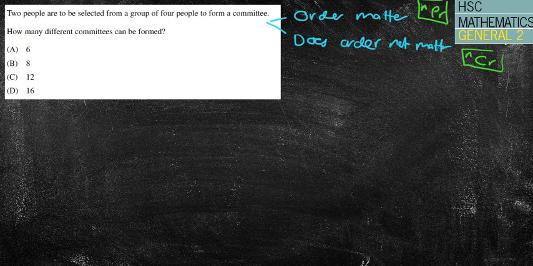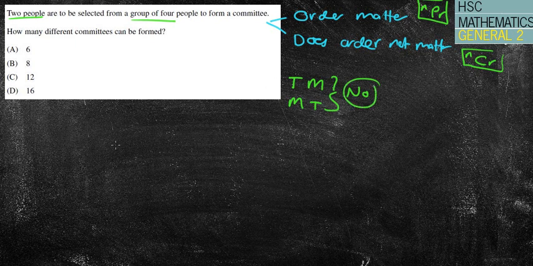Well, I think we know it's going to be a combination. Order does not matter because that's what we do in this lesson. How do we know? Well, it says 2 people are going to be selected from a group of 4. So, if I choose Tom and Mary, and then I choose Mary and Tom, doesn't matter which one I choose first, and the answer would be no. It would not matter who,